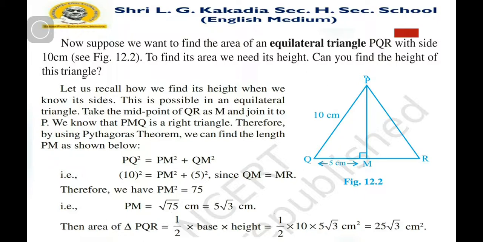So we can find the area of triangle PQR as half base into height. So we have half into 10 into 5 square root 3 centimeter square, which is equal to 25 square root 3 centimeter square. So by this way also we can find the area of an equilateral triangle. Now one more triangle,